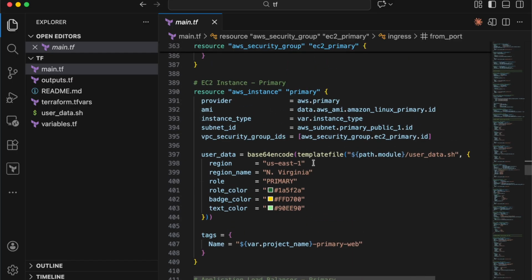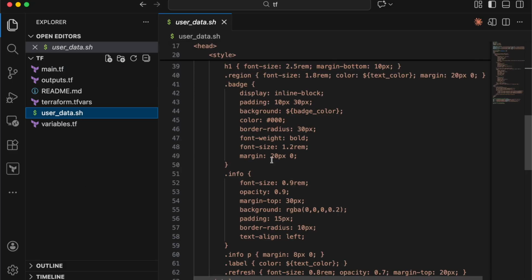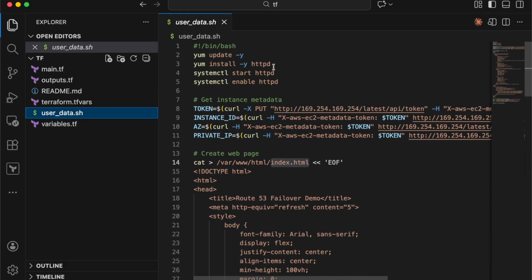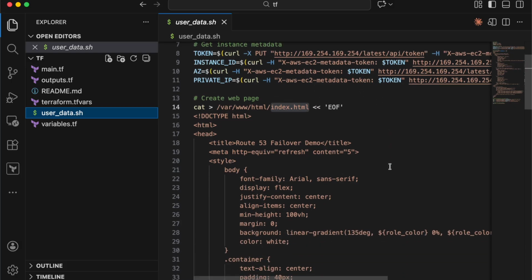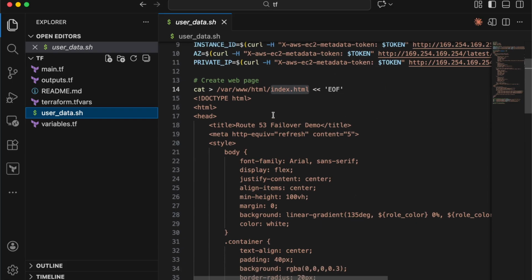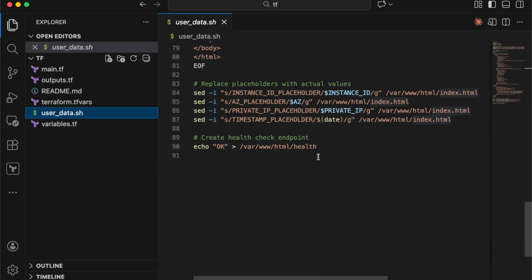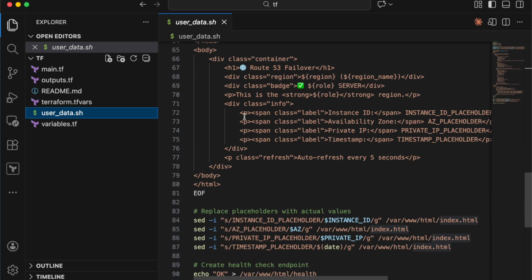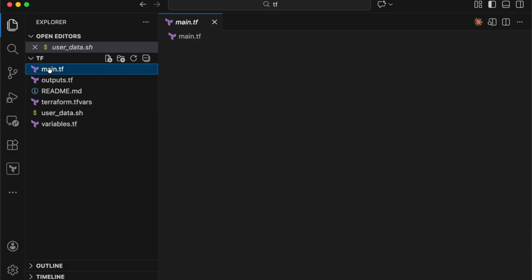So we're going to create an instance here, primary instance. It uses user data, so we call it bootstrap or user data. While launching this instance, it's going to run this script, which it gets from this file. If we check this file, it's going to install HTTPD, that's a web server, and then start it and enable it. It uses the AWS EC2 metadata to fetch the information and stores it in this index.html file to show as a web page. So that's when we get green or red in the web page. I'll show that. We jump back to main.tf again,